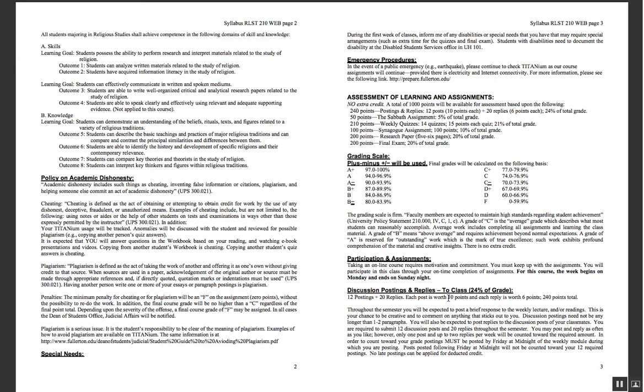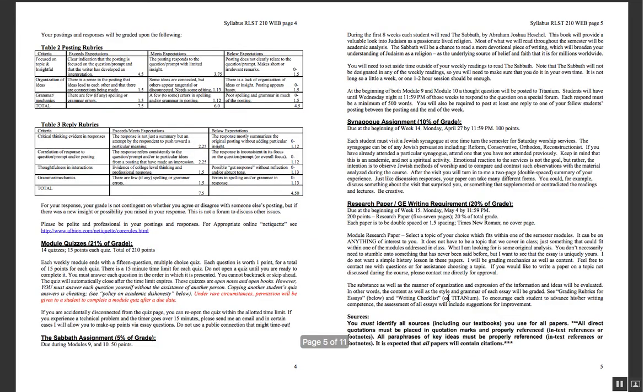feel like your postings are a little bit lacking and you're only doing a few sentences, or it's not much analysis or personal thought, then I may send you an email saying, hey, you got to ratchet it up a little bit. And if you don't do that, if you don't follow my instructions, then maybe I'll deduct points. But the bottom line is really, if you do this and you do a good job and you put effort into it, and you're not told by me to increase your effort or change something, then you'll get the full points. That's 240 points out of 1,000. That's almost a fourth of your points towards an A that will be automatic and guaranteed.